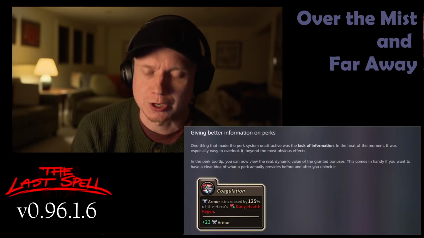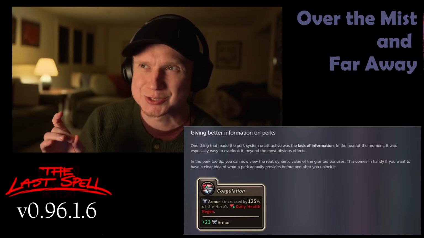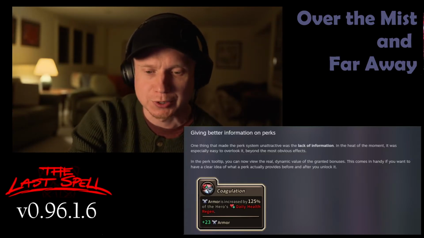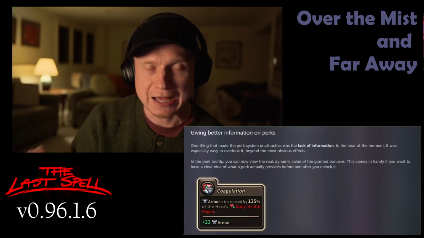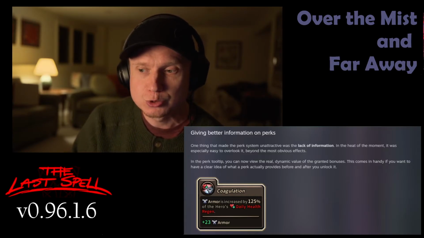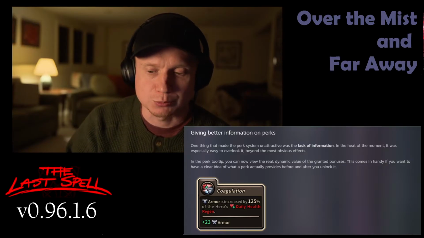Giving better information on perks, again, this is brilliant. It's these small things that I think over time are going to make The Last Spell really sing as a game. But basically what they're talking about is the dividing line that you see in the coagulation tooltip there. Below that, it shows you at this moment how much benefit you will get from this particular perk. And that's hugely beneficial. And I've already watched it change the way that I play the game